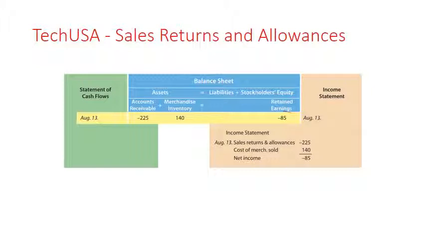So we're going to decrease accounts receivable by $225. We're going to increase our inventory by $140 because